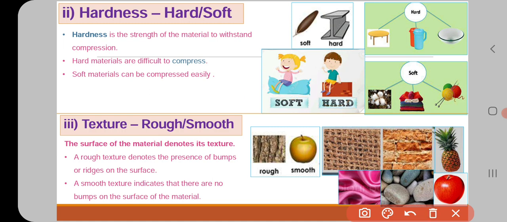You can see some more examples also. Texture, rough or smooth. If you touch a wood bark, it's rough. If you touch an apple peel or apple, it will be smooth enough. Okay, so next,